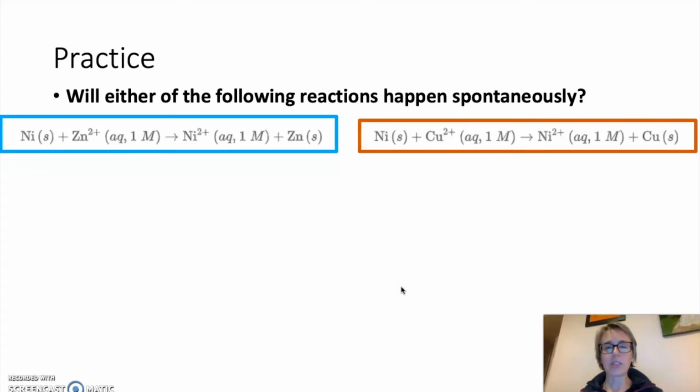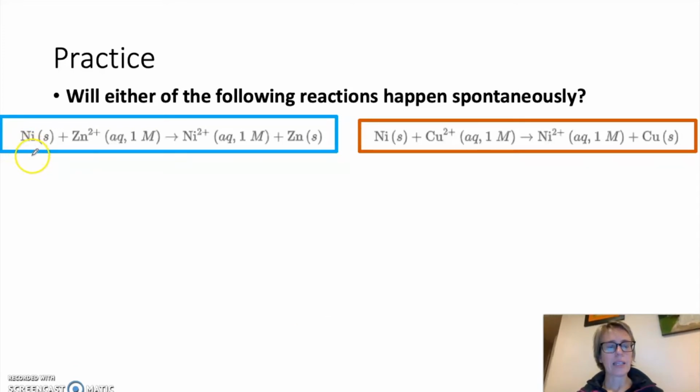So let's practice utilizing this in kind of what you might see in a homework problem or something like that. Here's a question. Which of these reactions, or will either of these reactions happen spontaneously? And let's take a minute to kind of break them down. So in the first reaction,